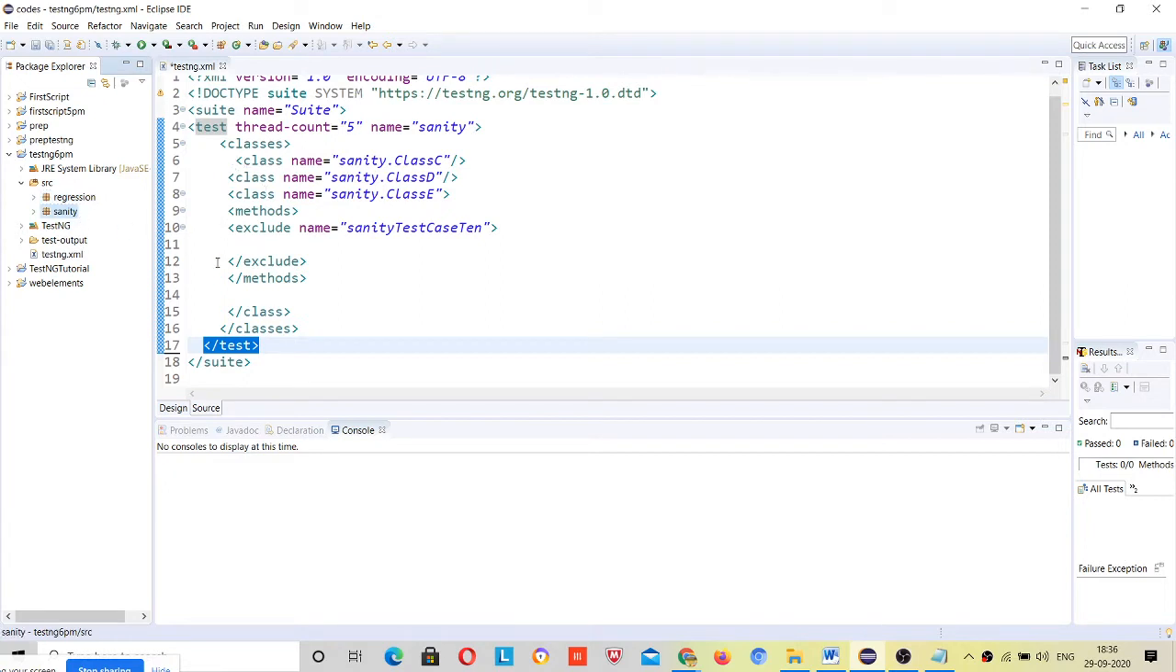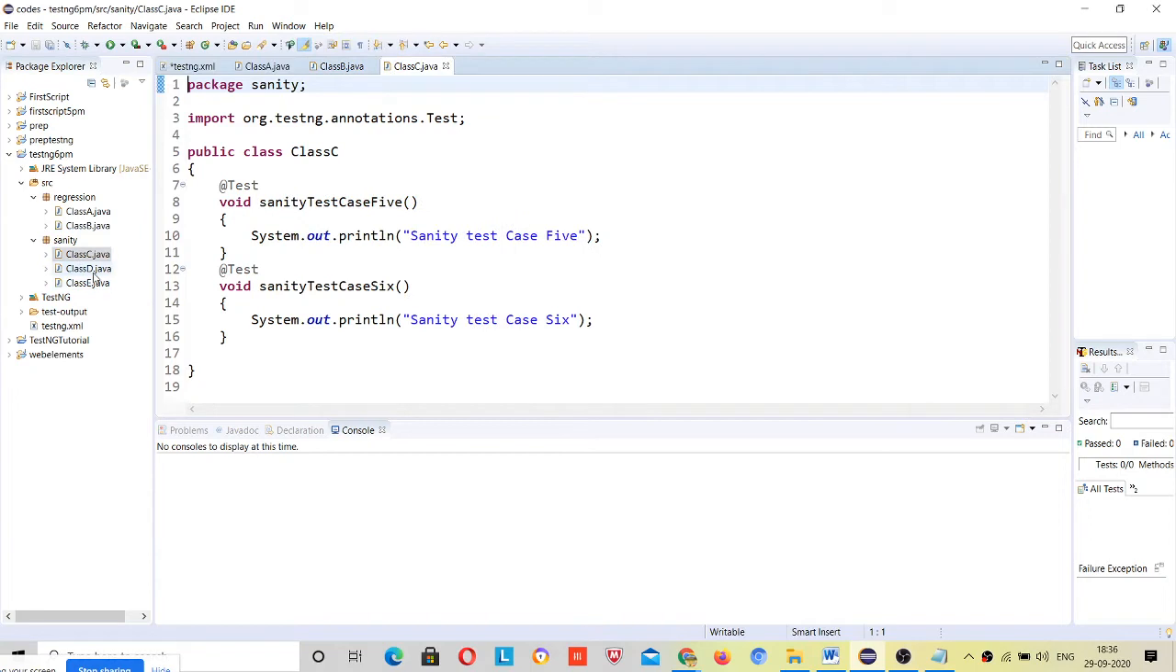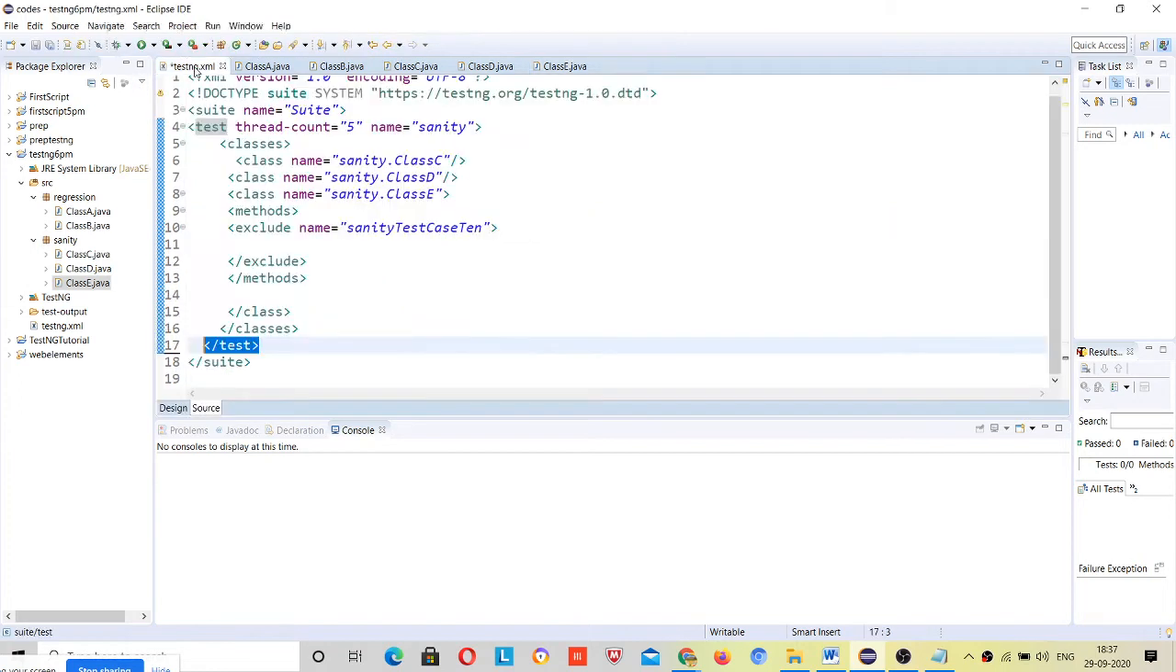Suppose in your regression you have two classes, and in sanity you have three classes. If I ask you to run only one, then adding one class is better than removing two classes, right? Because if you have thousands of classes here and we have to run only two, then it's better to include two instead of excluding these 998 classes, right? So this is our testng file,